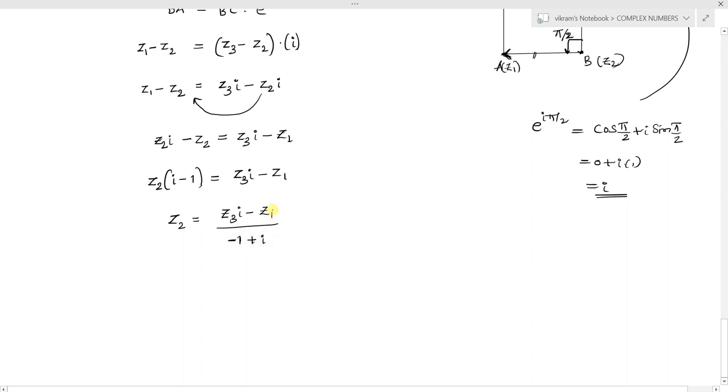Now this is in the form of a division, Z1 by Z2. In order to divide, the conjugate of the denominator has to be taken. The conjugate of minus 1 plus i is minus 1 minus i. If we take minus as common in the numerator, we get 1 plus i, and in the denominator also, if you take minus as common, 1 plus i, and the minus will cancel out. Then try to simplify this. Z2 equals Z3 i times (i plus 1)